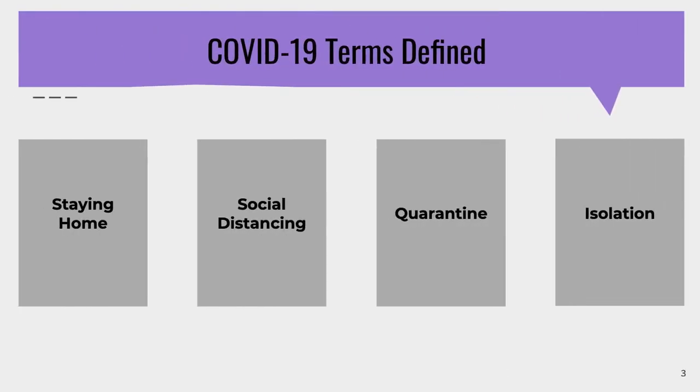Before we talk specifically about quarantine and isolation, it is important to define some terms that have been used throughout the pandemic. Many of these terms have been used interchangeably, but there are key distinctions between them. First, we have staying home, and this is what we've been doing since the beginning of the pandemic. We've been limiting our activities outside our homes, making essential trips to get food and medications, going to work, and doing socially distant outdoor activities. Staying home helps limit opportunities to come in contact with contaminated surfaces and infected people.